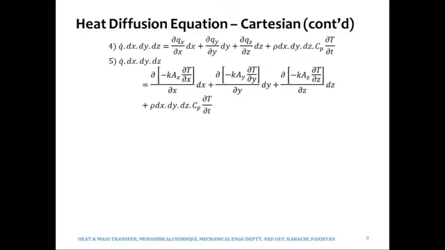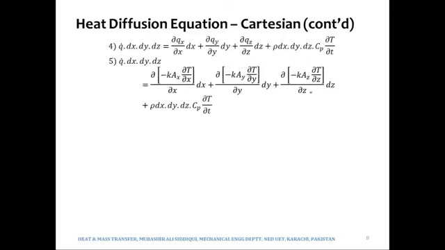And then we have ∂/∂y of qy. So qy would be minus k A ∂T/∂y by Fourier's law of heat conduction. Similarly, ∂/∂z of qz, and qz is minus k A ∂T/∂z times dz, and the last term remains the same. Over here you will notice that we have written A as Ax, Ay, and Az